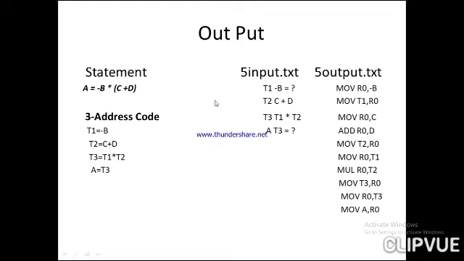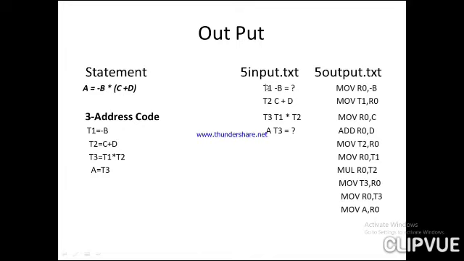So that is the reason we are giving it in this particular format. Suppose instead of a star, if I am applying minus, it should work. Instead of this, if I am considering any other operator, like the division operator, it should work. That is the reason we are considering the 3 address code in this particular format. We are not considering it as it is, because it should work for any other expressions also.